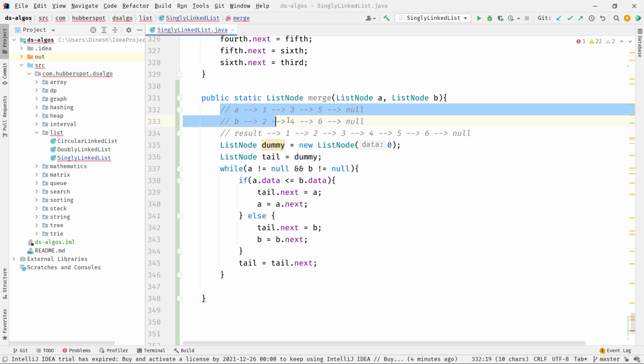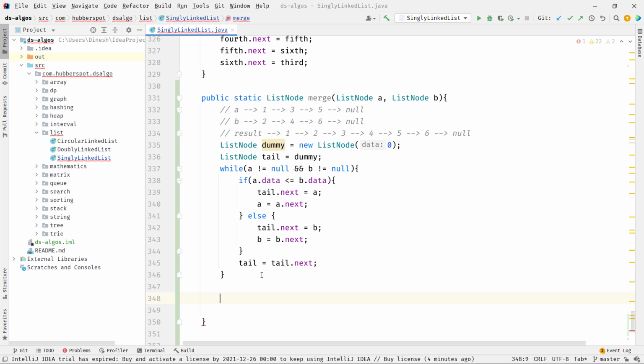So here let's say if I copy this part, so let's say instead of 5 we have it like this.